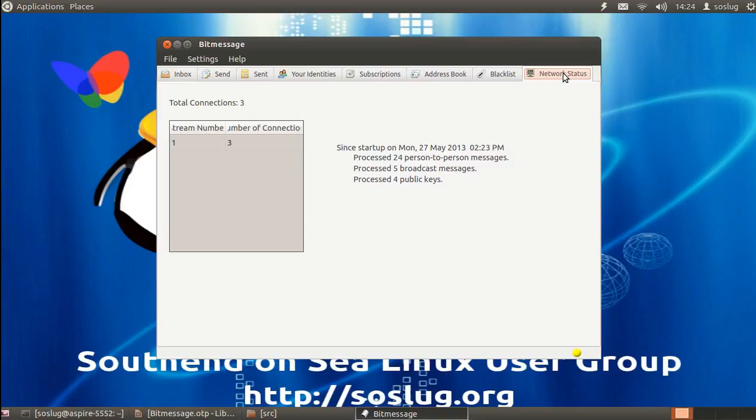Right, so if we move over to the top right hand corner of bitmessage, the graphical user interface, we'll see that it is connecting up on a stream number 1, and that the number of connections that it has at the moment is 5, and that it has been started up the 27th of May. It's about now actually, so that gives you a time that the bitmessage system has been up. You've got the number of peer-to-peer, person-to-person messages. You've got the processed block broadcast message, and you've got the number of public processed keys. I don't confess to know it all or understand it,